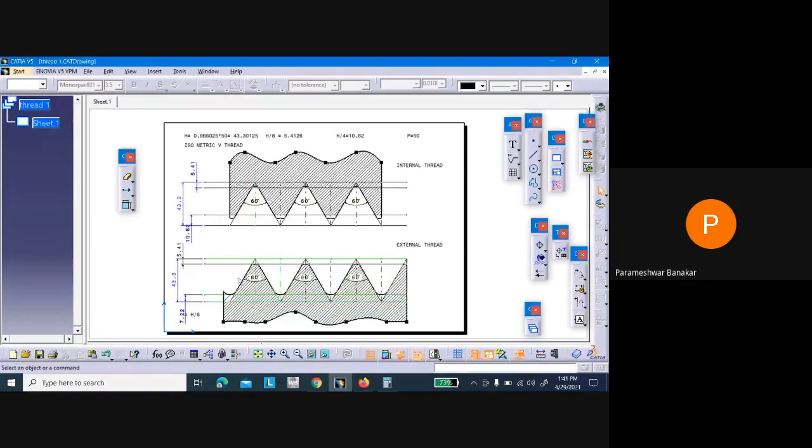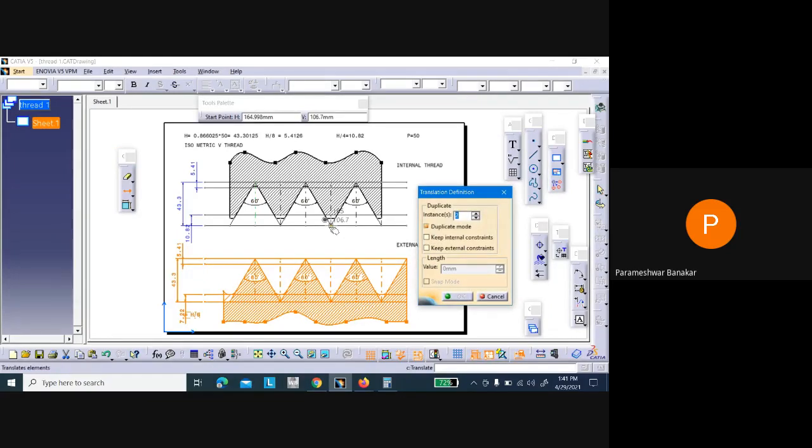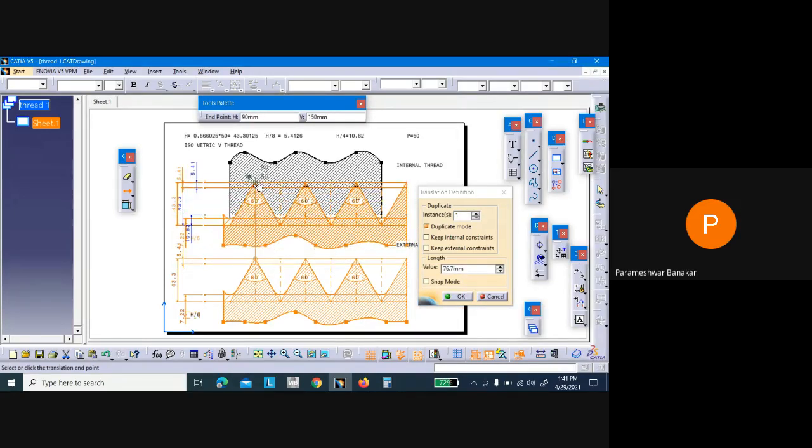If I join these two, they will match exactly. Let us try that. Just select the whole thing, translate. Now I will take this point, only one. Let us see how it will move. It will fix or not.